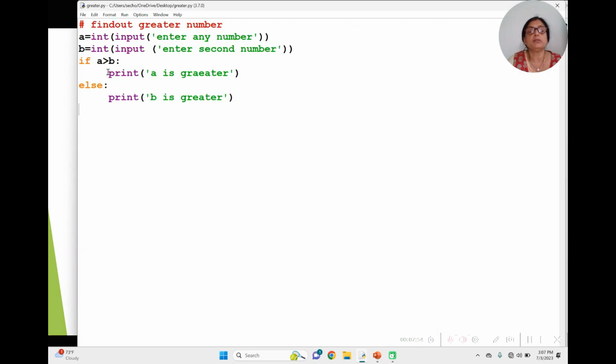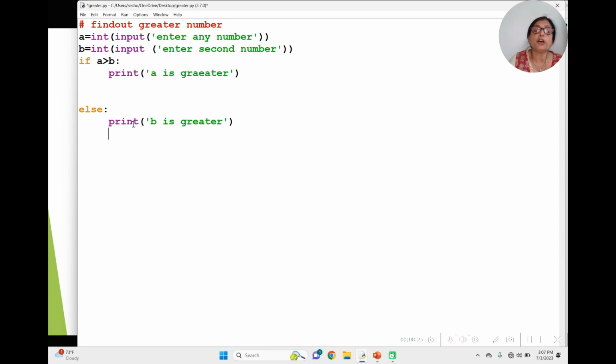Look at this statement. A is greater than B is the compound statement, and the print statement is within it. So we have to follow the indentation. Suppose we want to type any more statements here, we just keep going and press enter. Automatically the cursor will come just below the first statement within the if statement. Similarly, if you want to write any statement after else, automatically it will come just below the first statement of